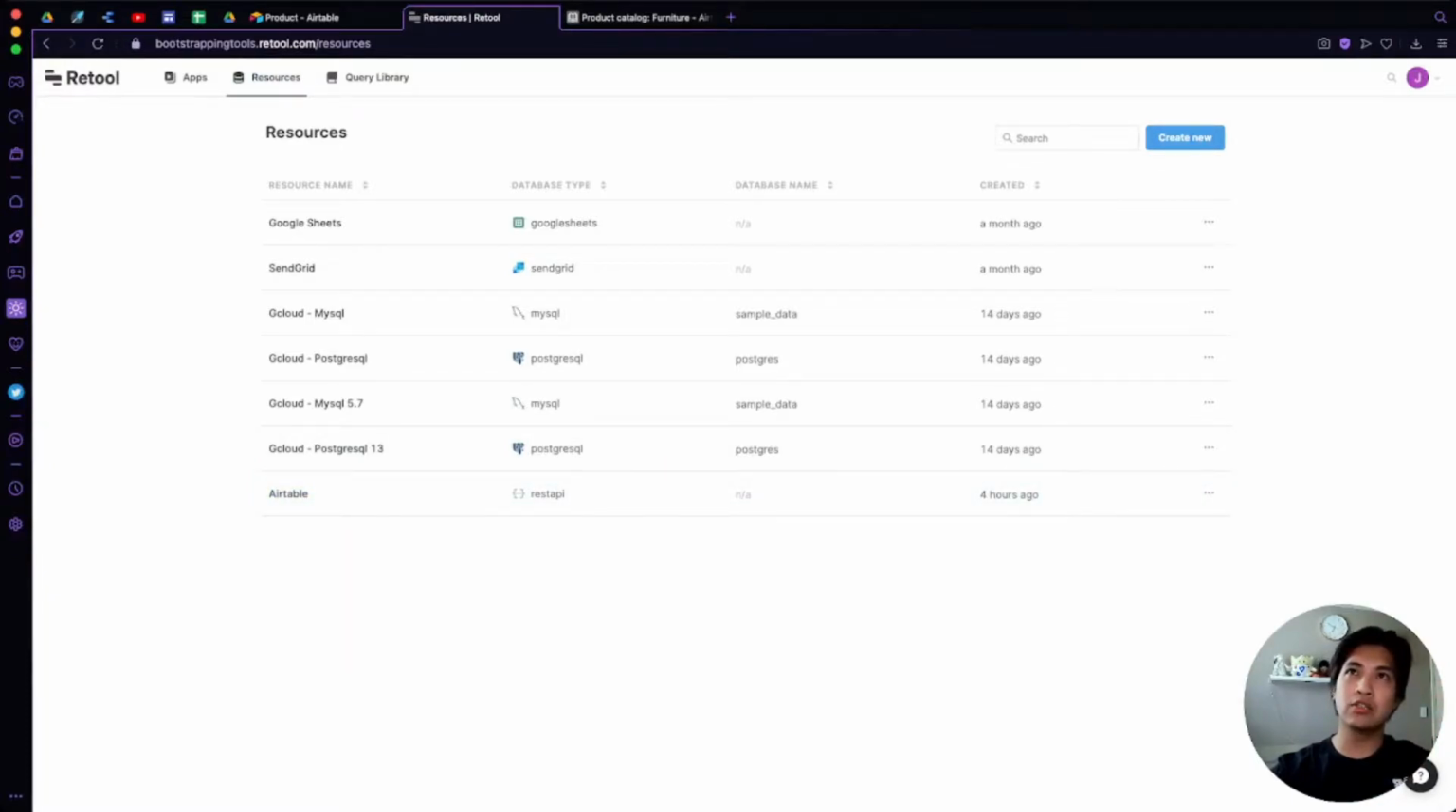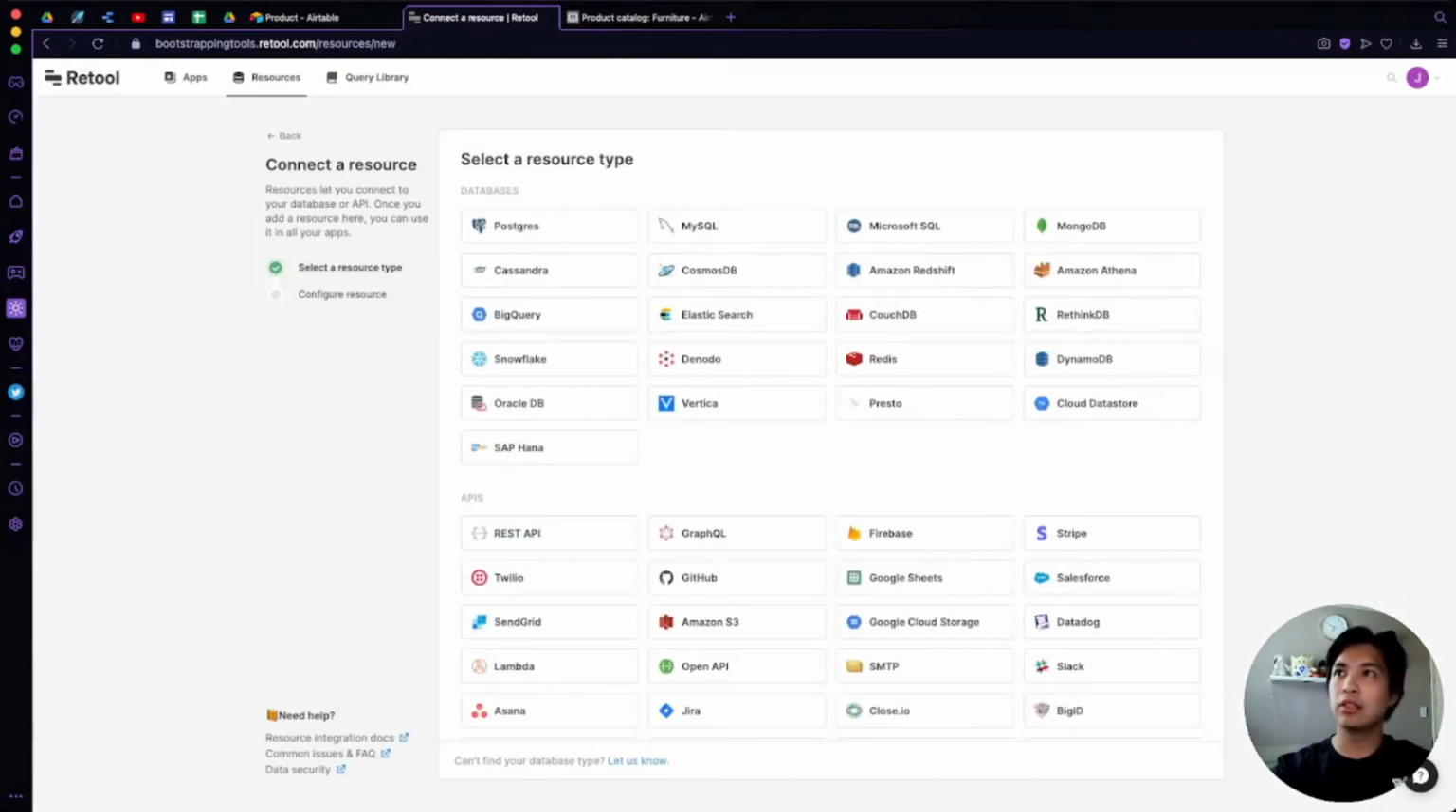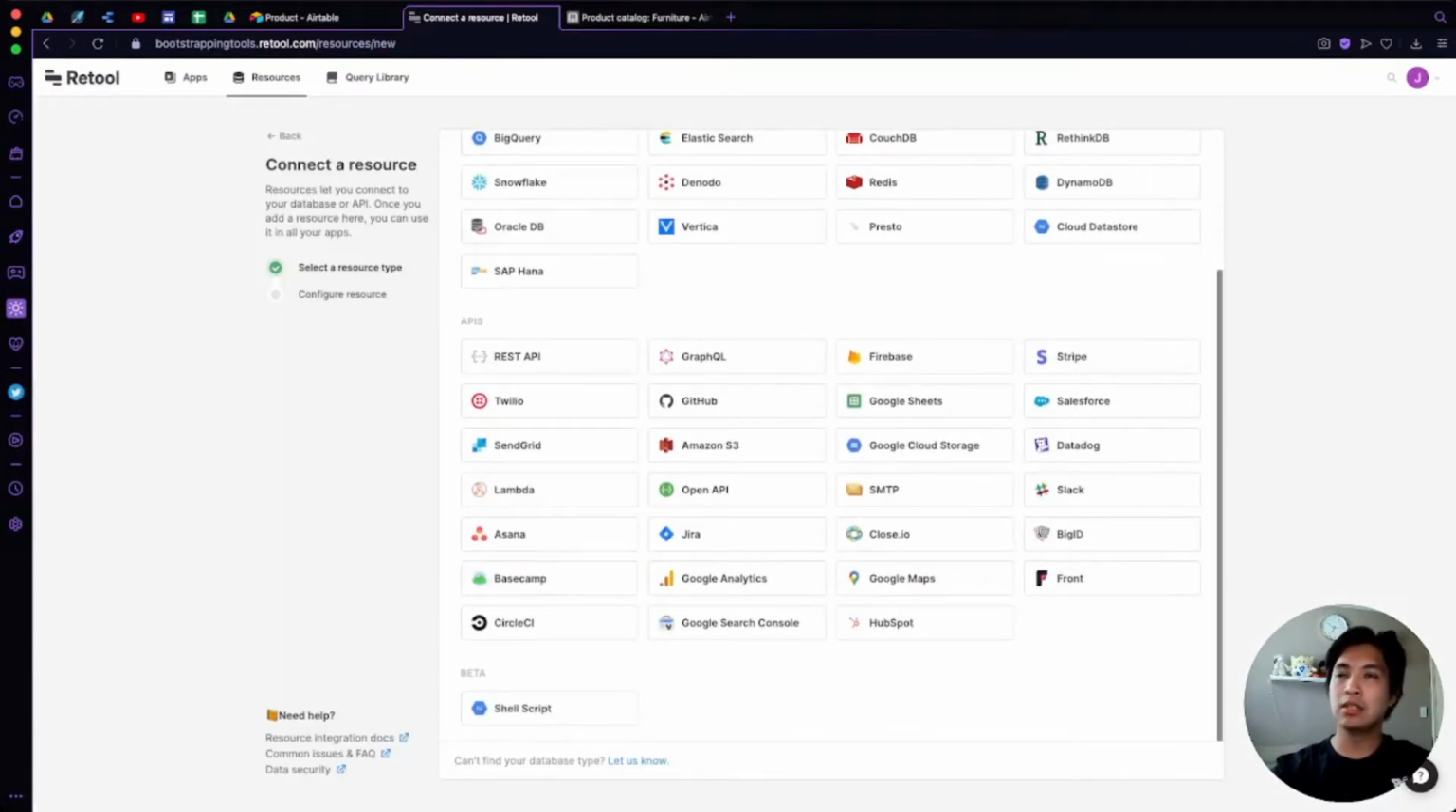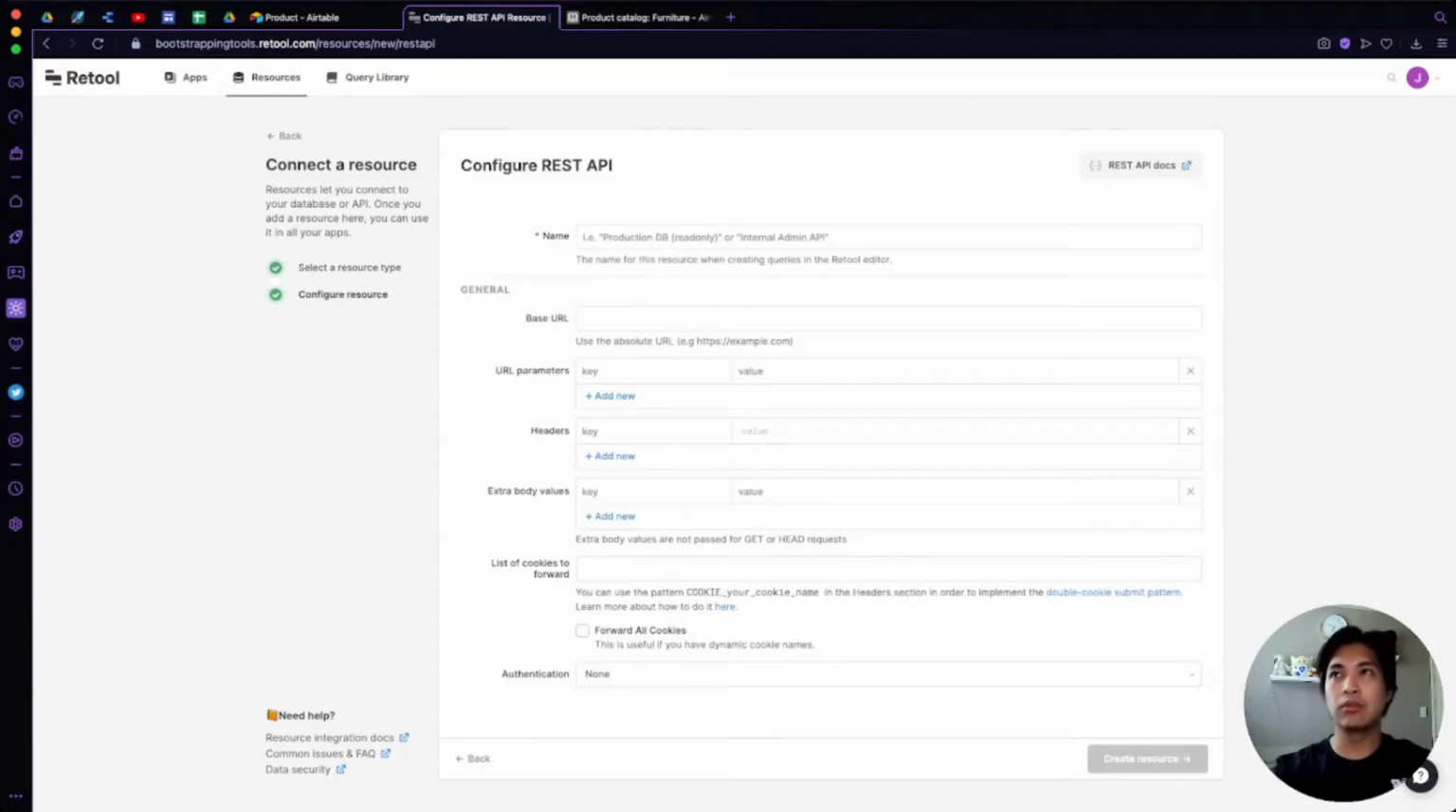I'm going to click on the create new icon, and then from there you're going to select the resource type. Since Retool doesn't have a direct connection with Airtable, we're going to have to use the REST API option up here. When you click on that, you're just going to have to add in a little bit of configuration for that. So we can call this Airtable demo, and then the base URL you can get from the API documentation